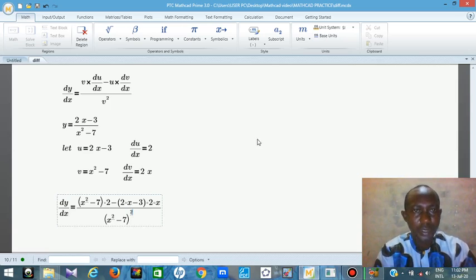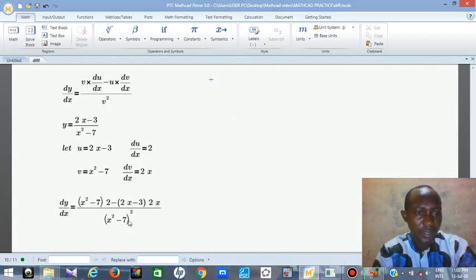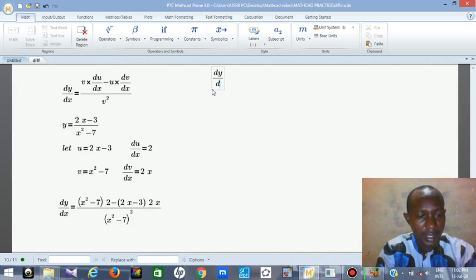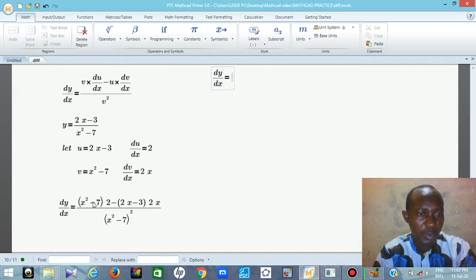You now take it to the lowest form. Let me complete the solution here. Take it to the lowest form, collect like terms, and that is all. So if I expand the numerator here, I'm going to have dy/dx equals, when you open this bracket, you have